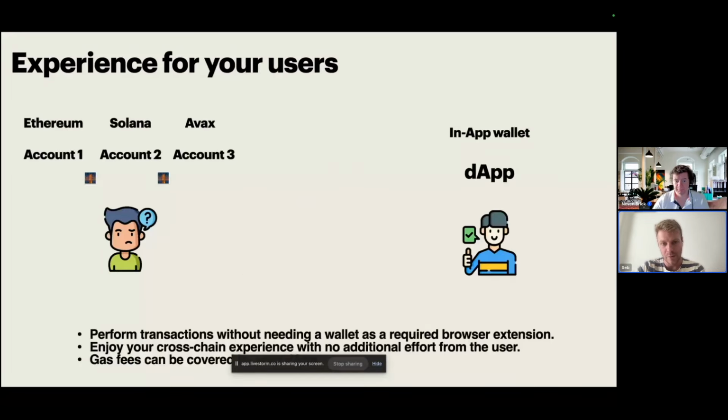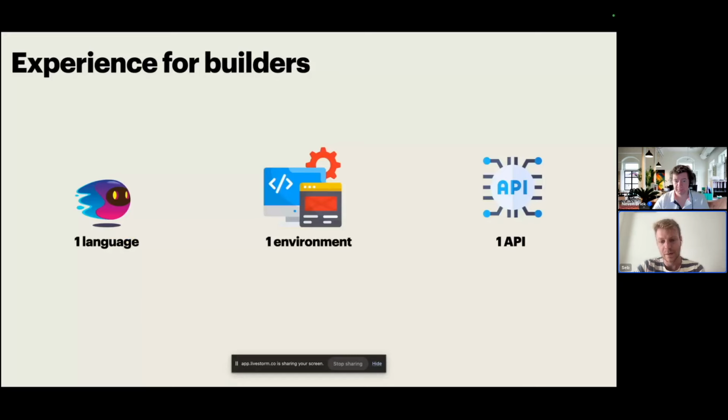So we always talk about the user, but I also wanted to talk about the builder experience. You will have to choose a chain if you're building a DAO or if you're building a dApp. You will have to choose, I would say, a main chain. If your project is multi-chain, of course, you will expand, but you always have to choose a main chain. And choosing ICP means that you are essentially picking up, I would say, the best environment to build your multi-chain